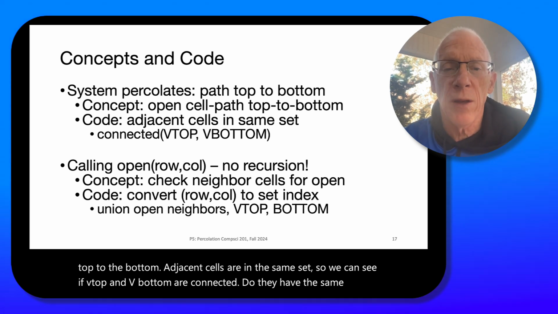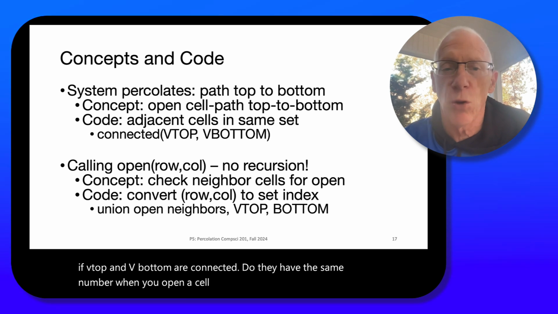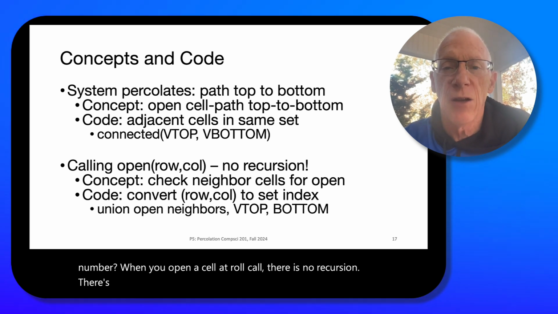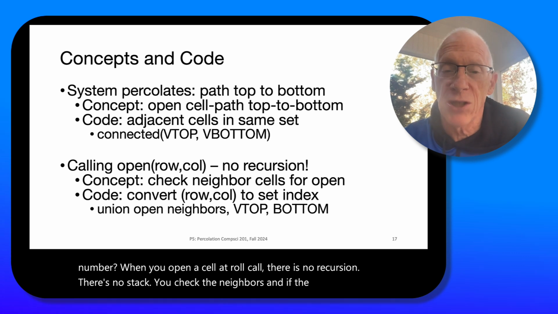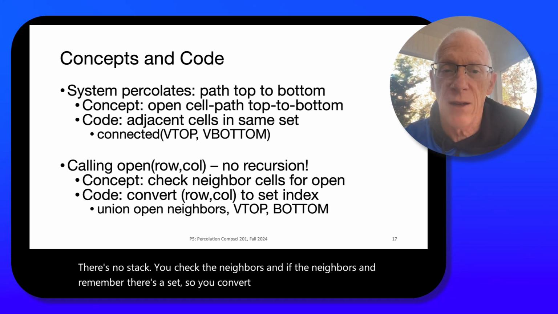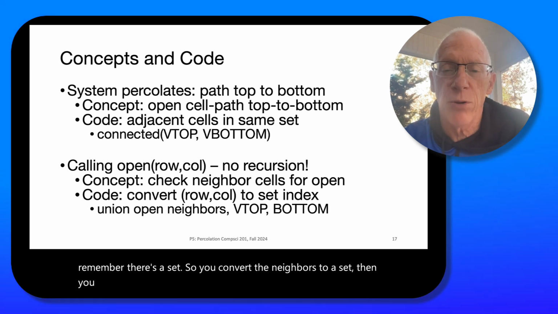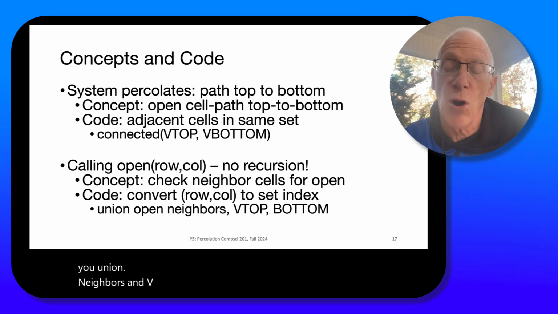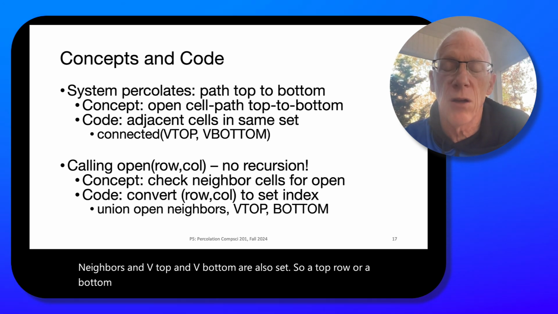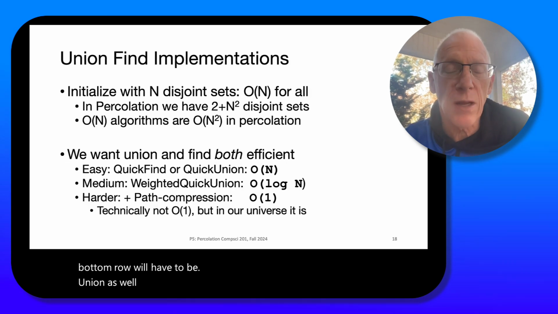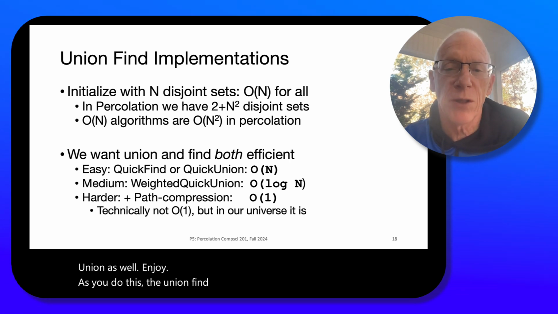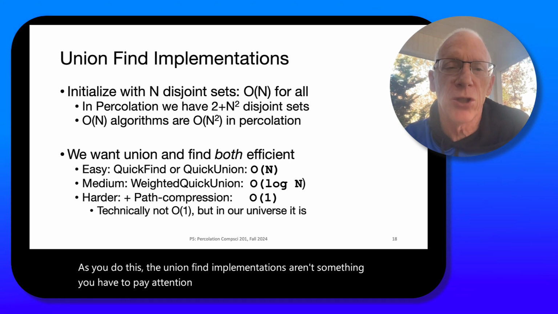When you open a cell at row call, there is no recursion, there's no stack. You check the neighbors, and remember there's a set, so you convert the neighbors to a set, then you union the neighbors, and VTop and VBottom are also sets, so a top row or a bottom row will have to be unioned as well. Enjoy. As you do this, the union find implementations aren't something you have to pay attention to, but just to